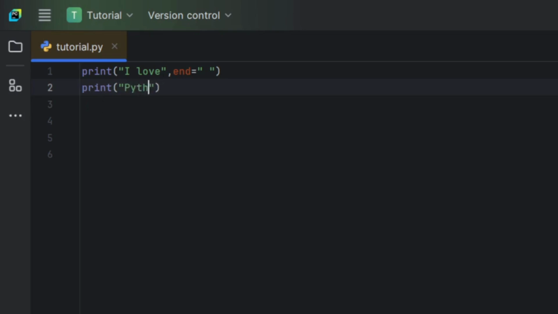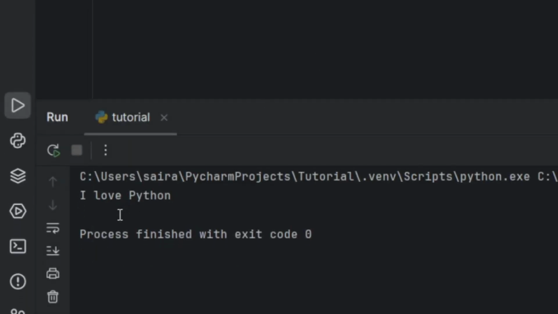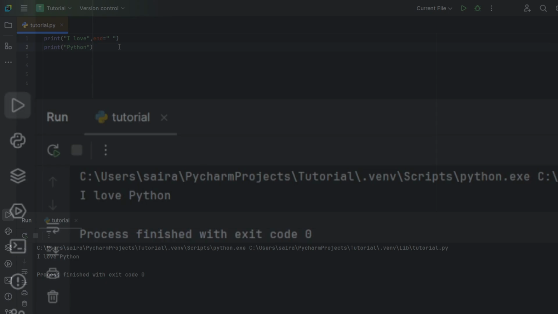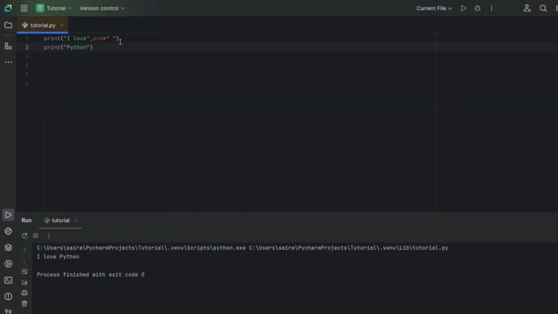Let's go in the second print function and print "Python". Now, what do you think the output will be? Well, it will be I love Python. Though we are printing them in separate lines, they still came in the same line.